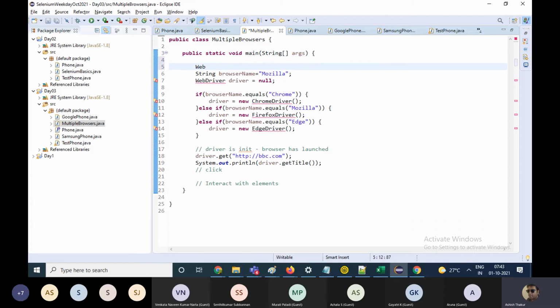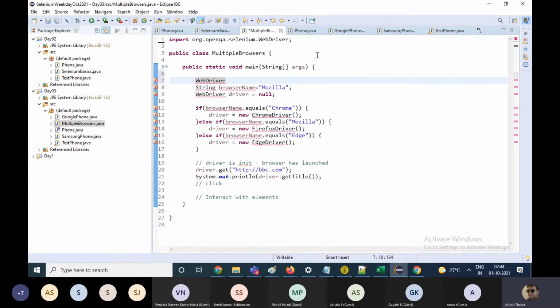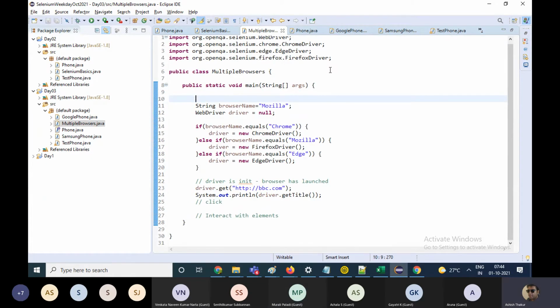If I write WebDriver, I write WEB and hit Control Spacebar. So it gives me all the options which start with this word. If I select the first option, WebDriver, it automatically writes it, also imports it. Okay, got it.